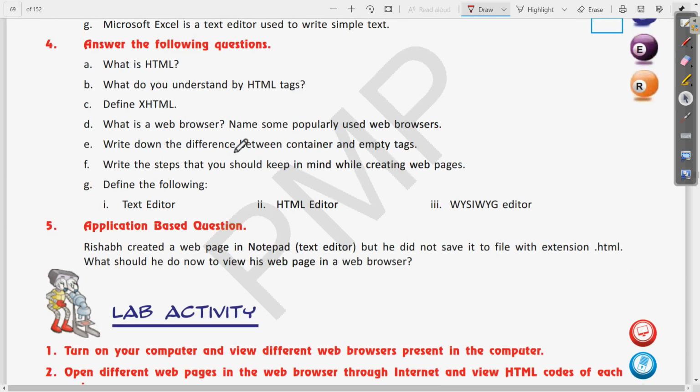The next question is, write down the difference between container tag and empty tag. So here it is, the difference between container and empty tag. So this is given in the initial part. Let us come to page number 63.